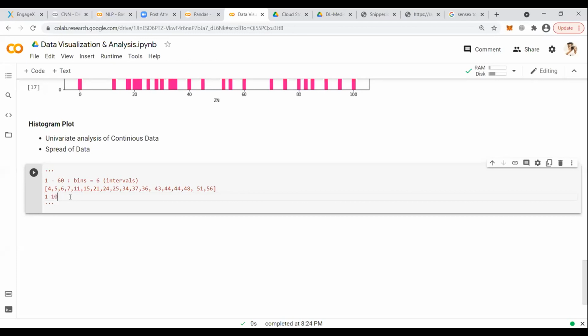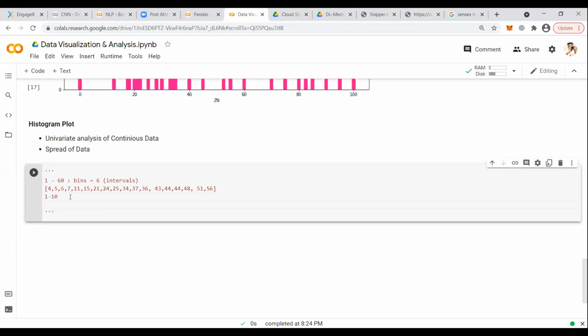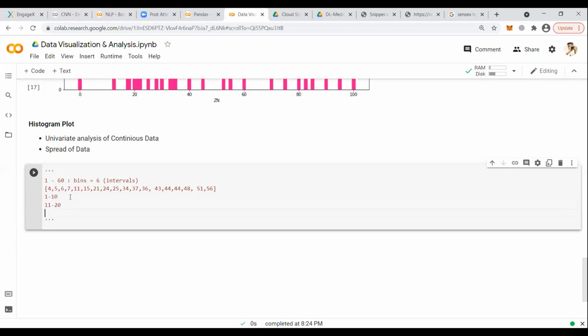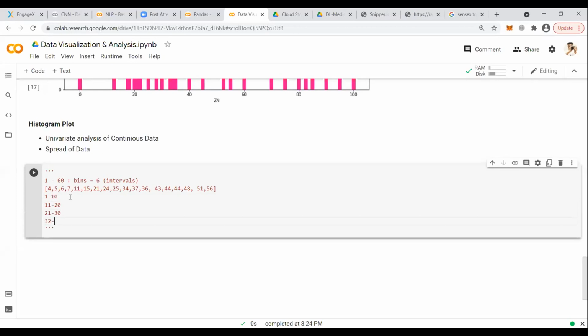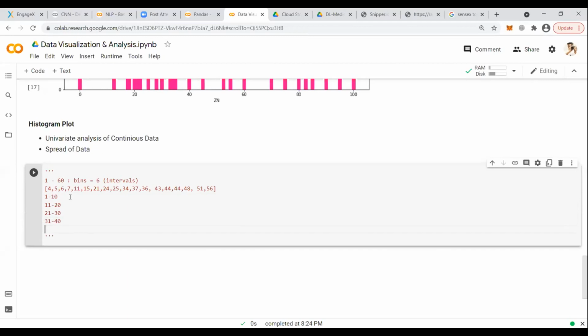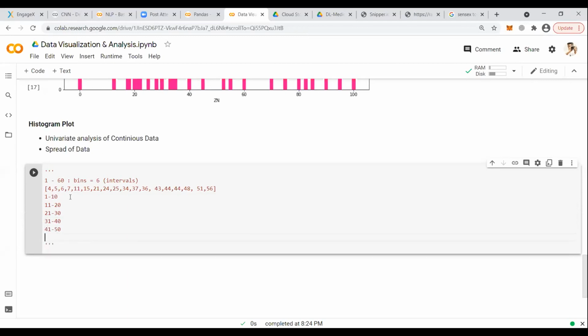That will mean we will have ranges 1 to 10, 11 to 20, 21 to 30, 31 to 40, 41 to 50, 51 to 60. How many values are there in this? 6. So if you want 6 as bins, this will be the range, which you can modify by changing the bins value.